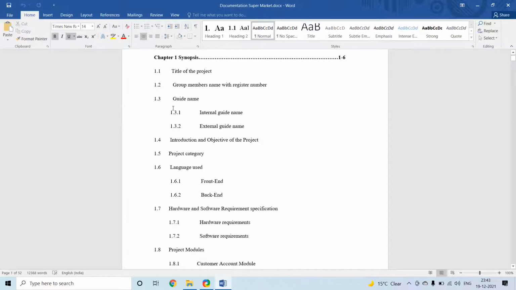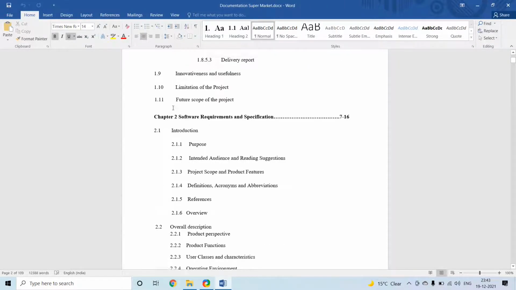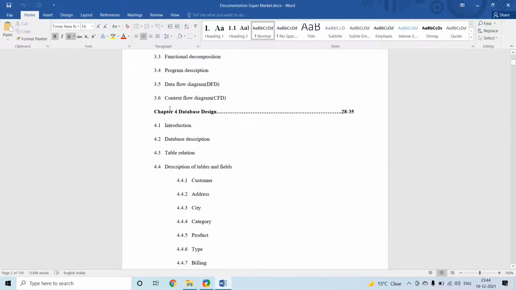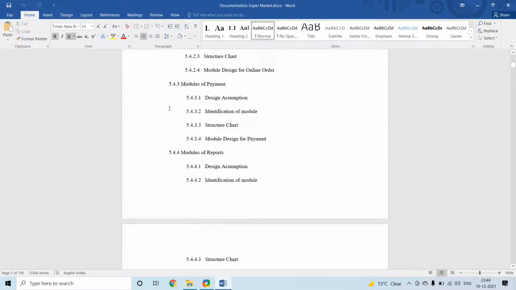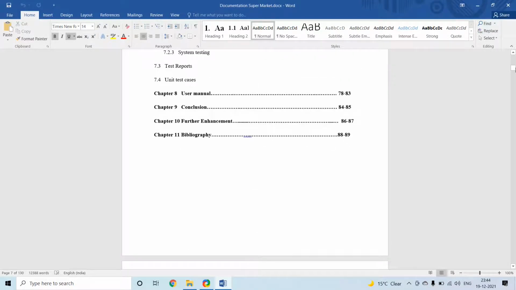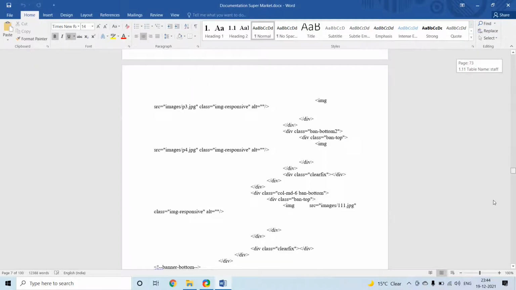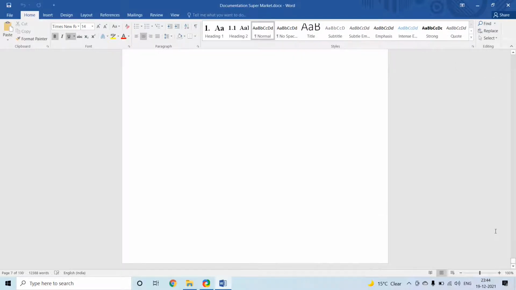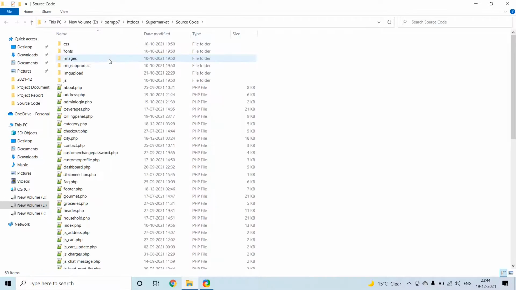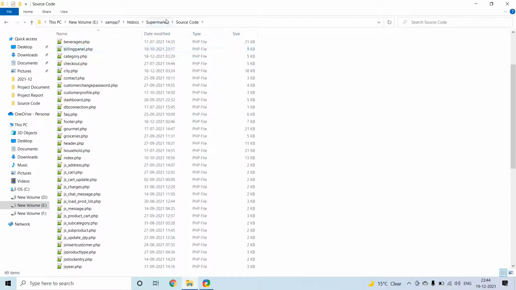That includes reports such as synopsis, SRS, system design, detail designs, database designs, etc. It contains almost 100 pages. Now we will execute the project.